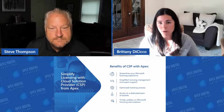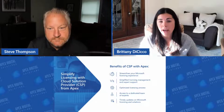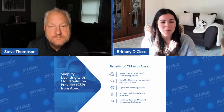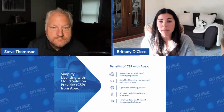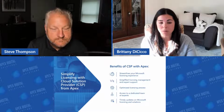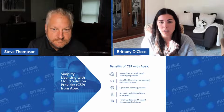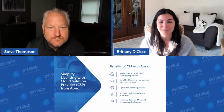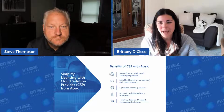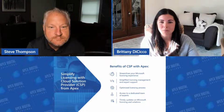Yeah, absolutely. So storefront is something that our customers love. So we can set it up. There's different parameters we can put in place. There's different users that they can get access to, but it's a customized URL to them that they can log in with their own credentials, and then they can see all their different licensing that they have purchased through us. And then from there, they have the ability to add seats on their own. So it's not like you have a new group of users starting and you have to reach out to me and I have to add the licensing. You can go on and add the licensing yourself, which is really nice because our customers like to be able to do some things on their own without having to feel like they're held hostage by their partner, something like that. So I think it gives them the ability to really have some freedom and be able to add seats